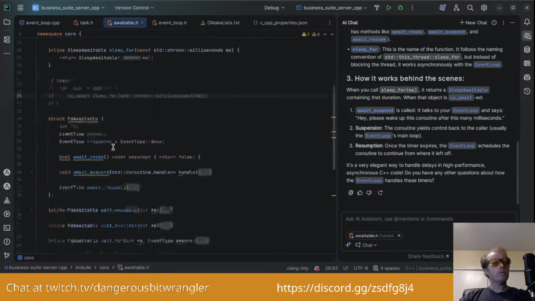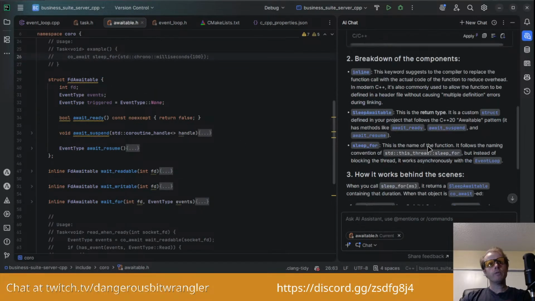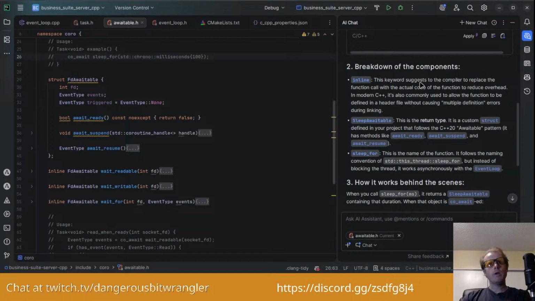Okay, let's go on here. Let's see what it says. This keyword suggests to the compiler to replace the function call with the actual code of the function to reduce overhead. In modern C++, it's also commonly used to allow the function to be defined in a header file without causing multiple definition errors during linking.